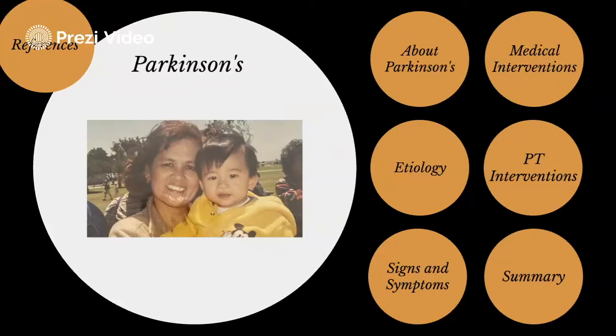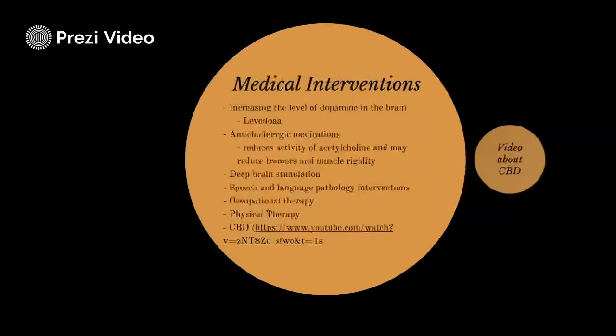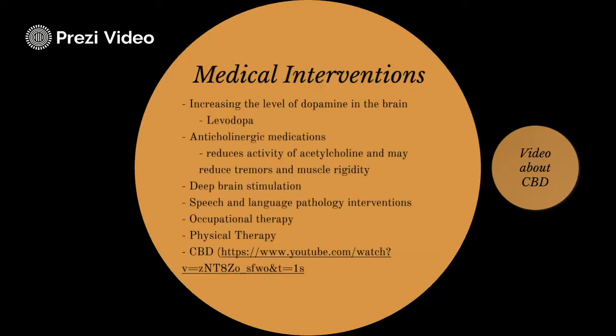Okay, now next we'll be going over the medical interventions for Parkinson's. So some medical interventions may include trying to increase the level of dopamine in the brain, and they tend to do this by using levodopa. So levodopa is a central nervous system agent that is converted into dopamine in the brain, and it helps alleviate the symptoms of Parkinson's. They may also use anticholinergic